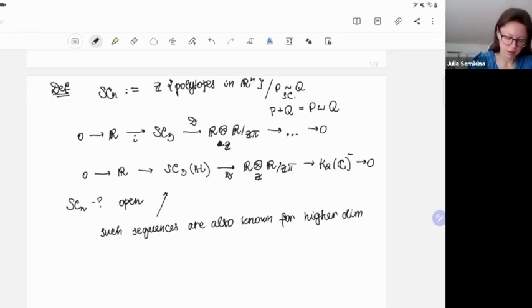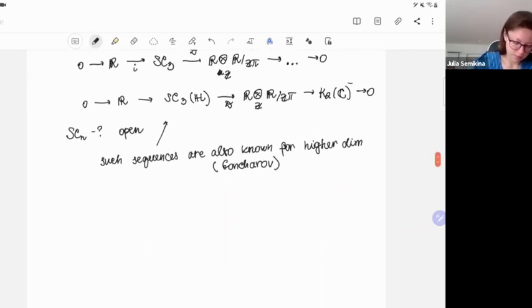But I even think that for higher dimensions, some of them are open questions. What are the sequences? And this is due to Goncharov. So Campbell and Zakharevich suggested